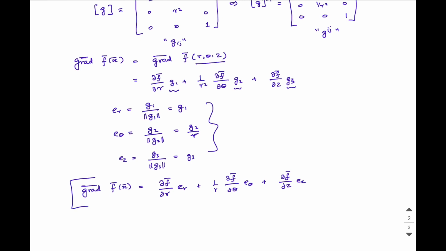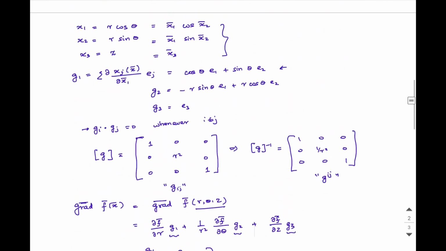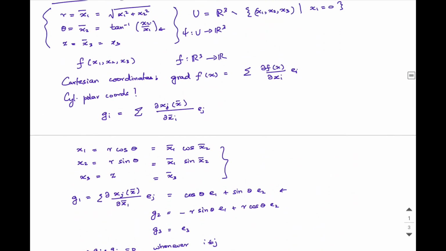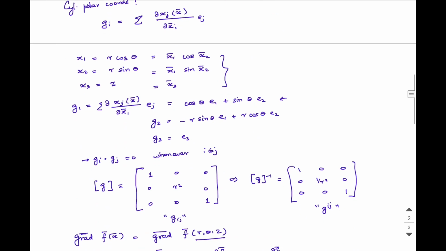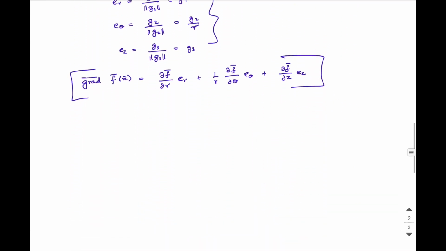So that's the familiar expression that you might know from various earlier encounters with the gradient. So now you see that you started off with a general curvilinear coordinate system, and this is an example of how you would actually compute it in a very specific example, the cylindrical polar coordinate system. Okay. Now let's move on to the next